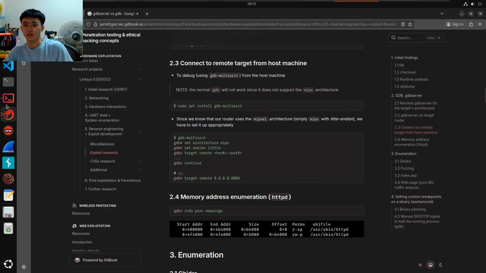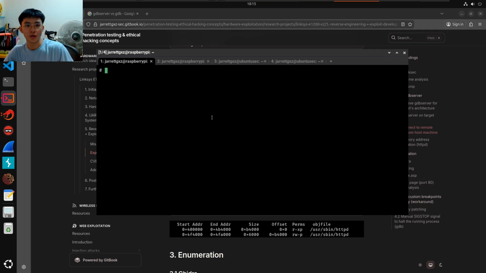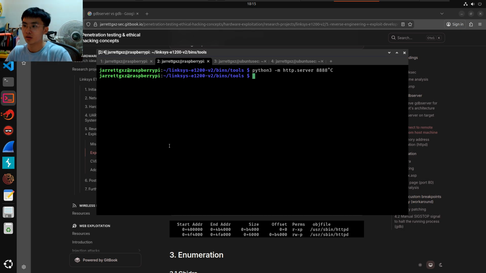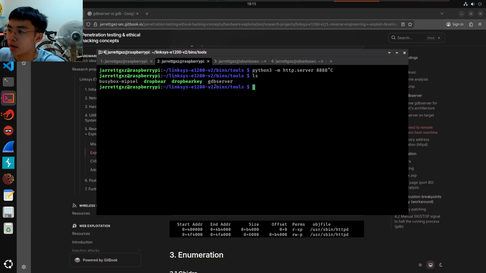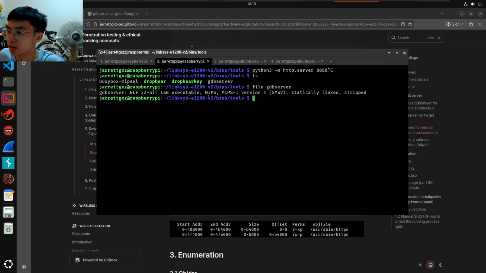So now let's head on to the terminal where I will quickly show you how you could transfer the GDB server binary from the host to the device. Over here I have the UART shell on the target device itself, while this will be the host machine, which is basically my Raspberry Pi. As you can see right here, I'll list out that I have the GDB server binary over here. Quick file. Let's see that it's compiled for the MIPS 32-bit